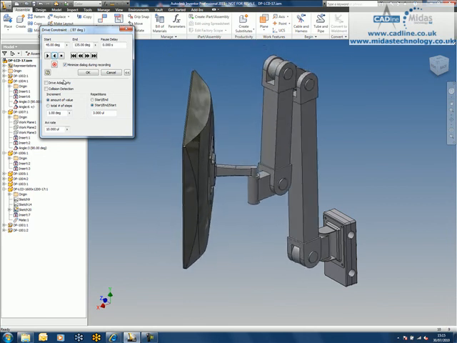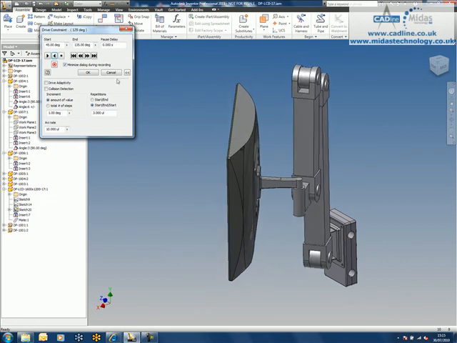So there you go, there are some great tools here inside of Inventor and the constraints in order to be able to drive your minimum and